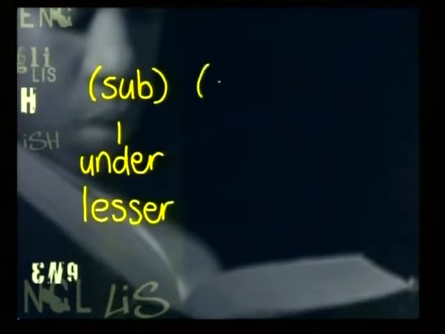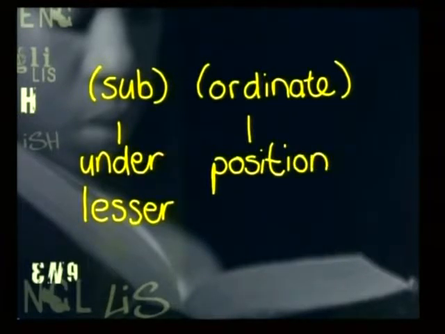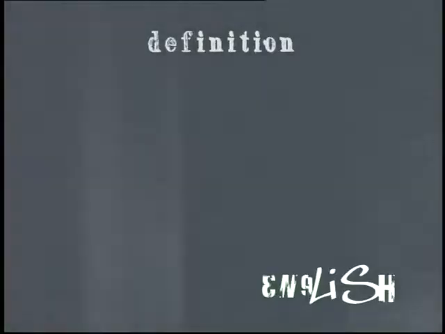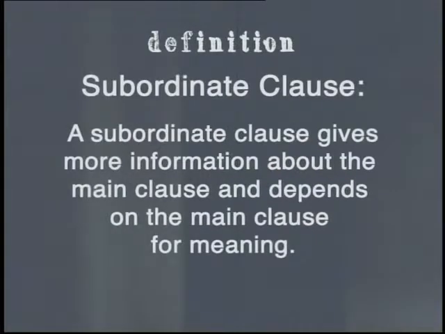Sub means under or lesser, while ordinate refers to position. A subordinate clause is never as important as the main clause. A main clause is one which can stand on its own and make sense. And a subordinate clause usually provides more information about the main clause and is dependent on the main clause for